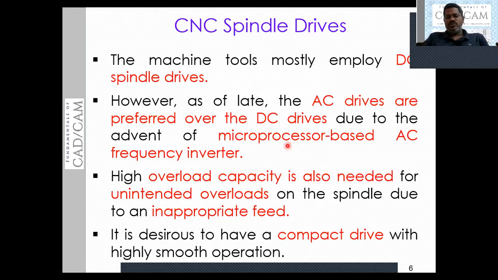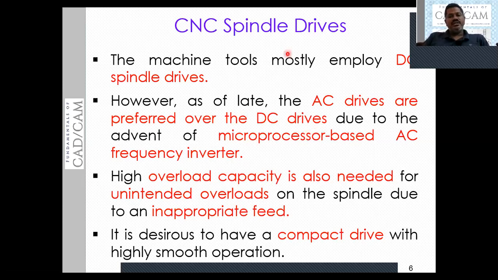So a microprocessor based AC frequency inverter is used in AC spindle drives so that it is more flexible to control the speed of the drive. So nowadays we are going to use AC drives, preferred over the DC drives because AC drives are controlled using the microprocessors.